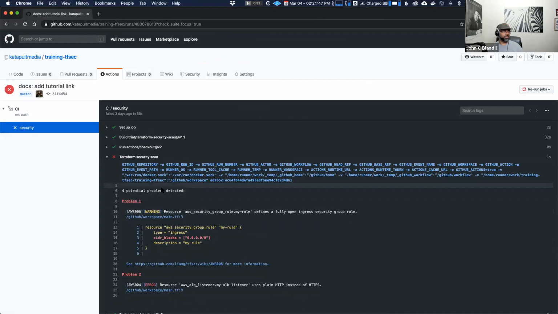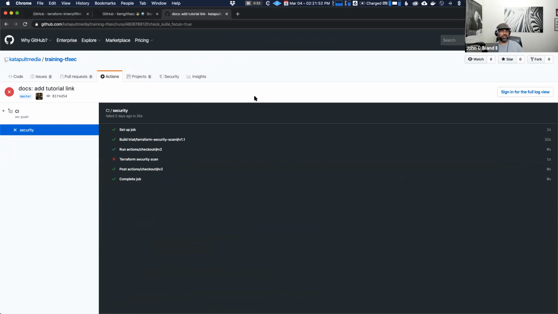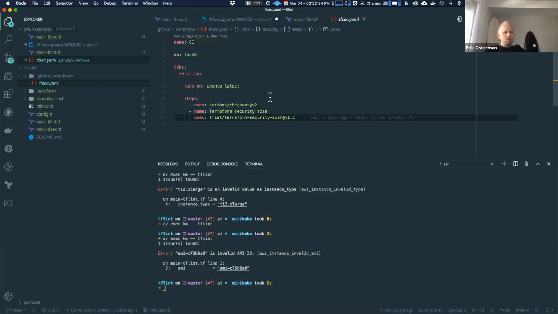So yeah, it's very useful, very quick to set up, very easy to use, and it definitely will help catch some of those issues that you just may miss. Where I see this being exceptionally valuable is if you're practicing a traditional Git workflow where you deploy on merge to master, meaning that you've lost the recourse to make any corrections by the time you've already merged. And you want to mitigate the failures after merge to master. So I think this is a really nice way to avoid that if you're not applying before merge to master, which is like the Atlantis workflow.